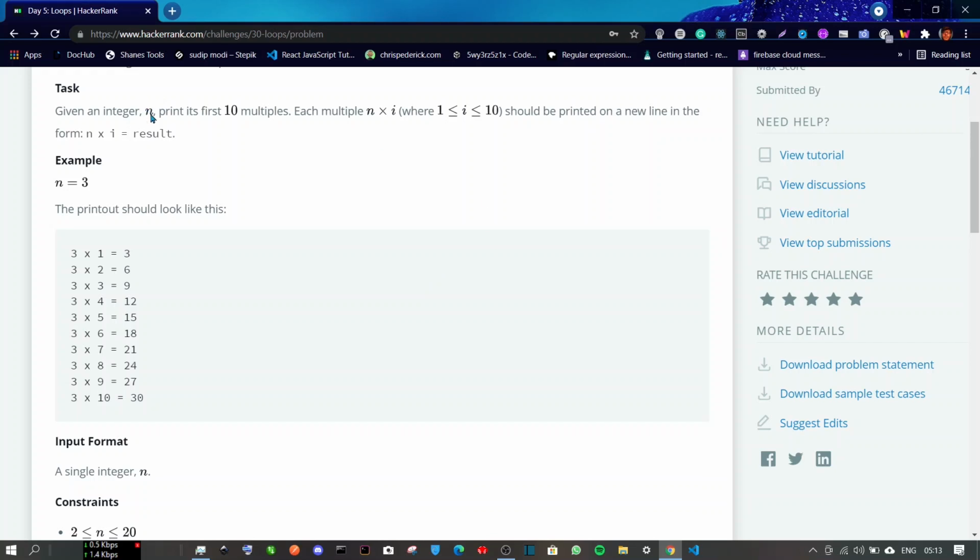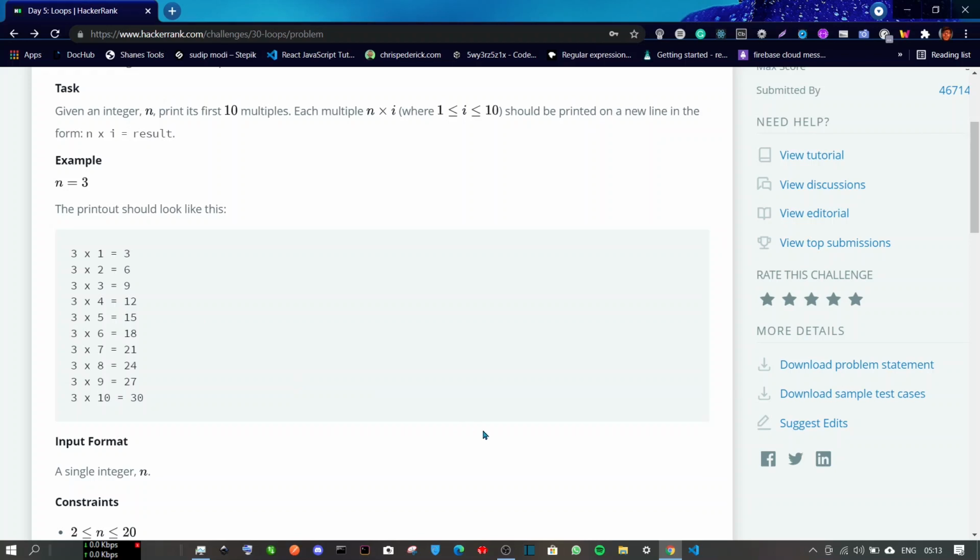So n is the number that we are given and we have to print its first 10 multiples. Here is an example that the printout should look like for the number n equal to 3. So this is basically the table of 3, and we have to use a for loop to print this table.